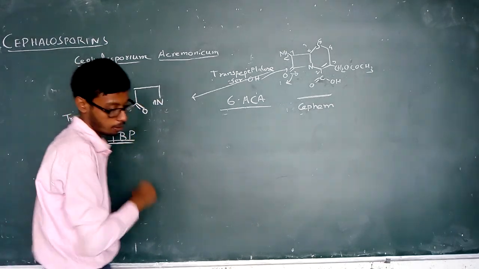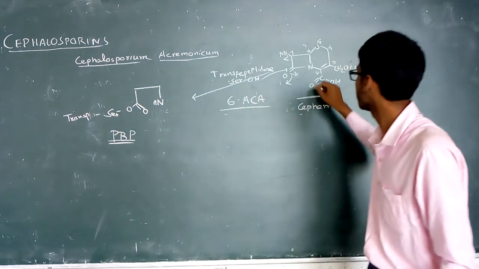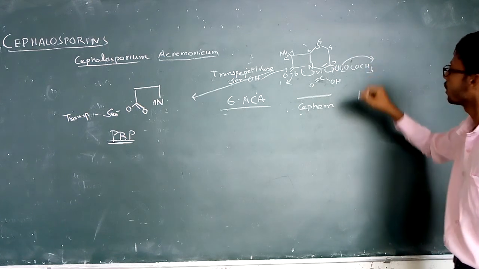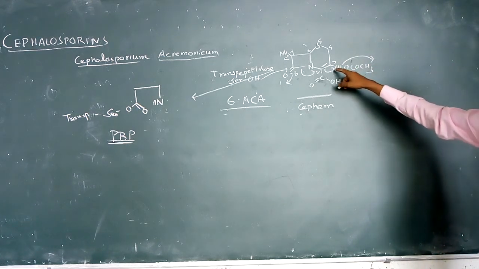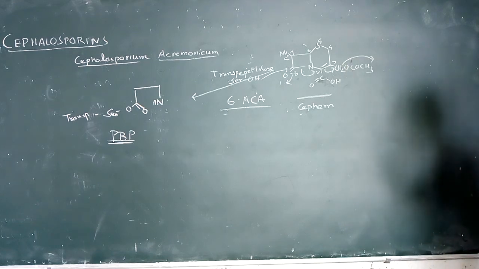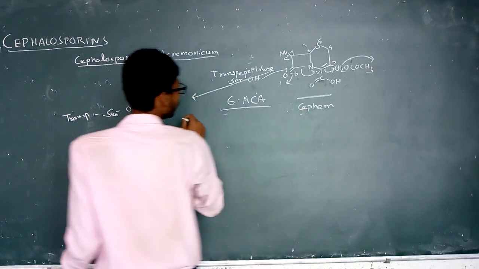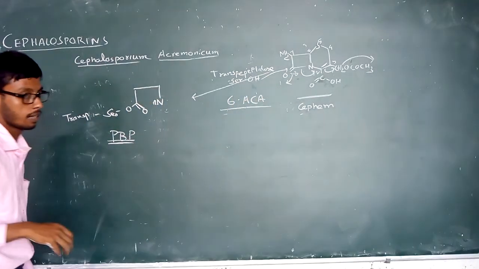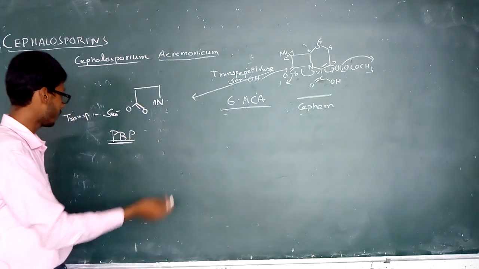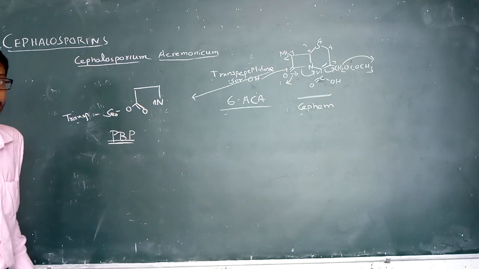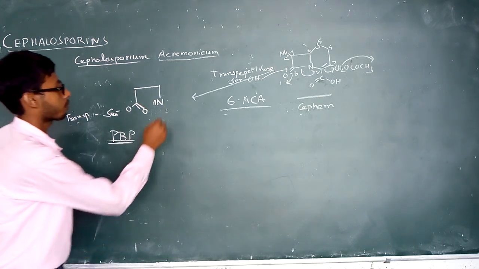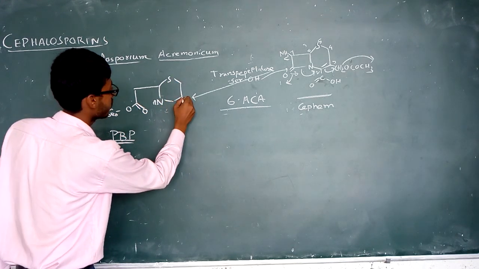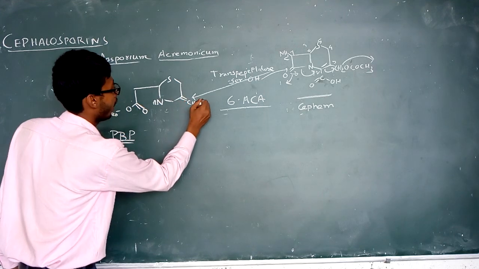This is the double bond O, and this bond is converted to this bond, and this bond is shifted from this one to that one, and the leaving group is leaving the molecule, so the ring is broken. This is attached with the transpeptidase, and the structure is formed, here is the double bond form, and the leaving group is removed.